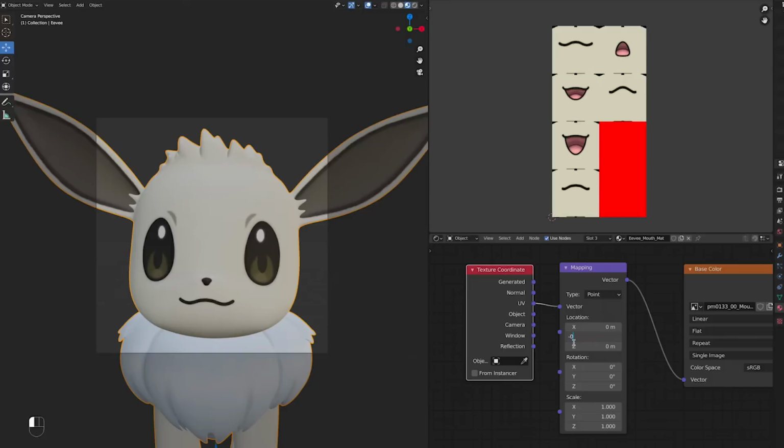But if we put negative 0.25 into the Y bar, we will get this slight smile, as negative 0.25 is a quarter of this texture's vertical length, and as such, we'll move our map exactly 1 space down. If we put both of these values in at the same time, we will get this slightly serious mouth, as the X value offset the map by 1 space horizontally, and the Y value offset the map by 1 space